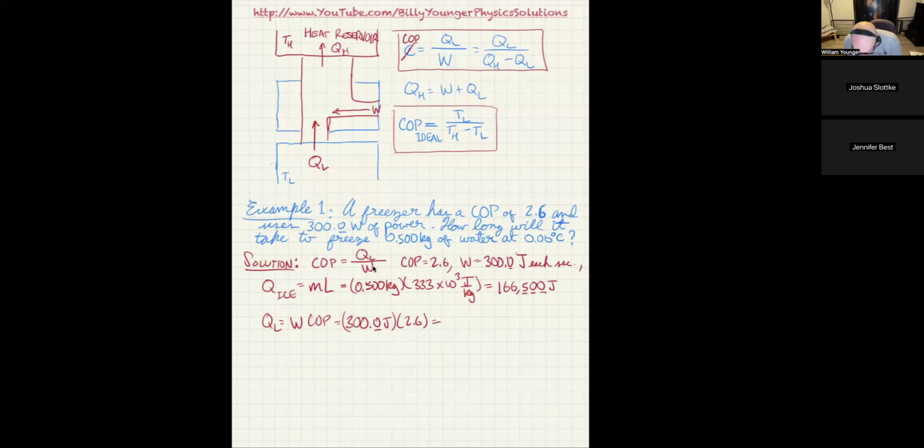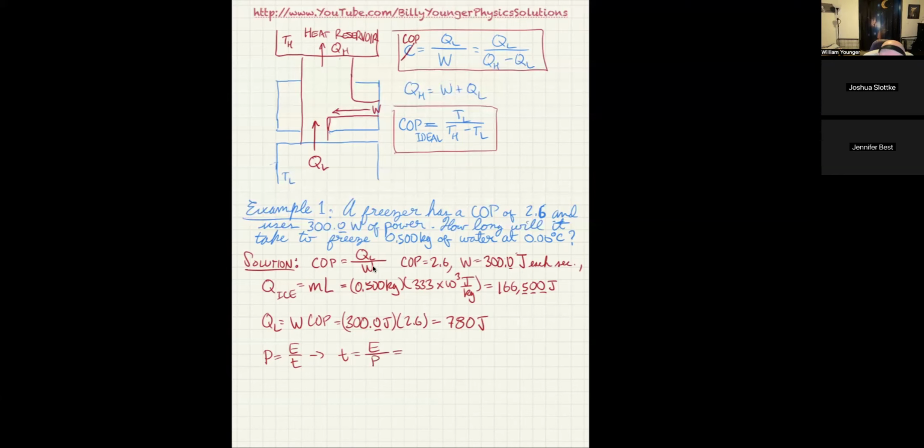So that gives us 300 times 2.6 equals 780 joules. Now remember that that figure was 300 joules every second because they said 300 watts. So we are removing 780 joules each second. If all of that was focused on just the ice, then since power is equal to energy divided by time,